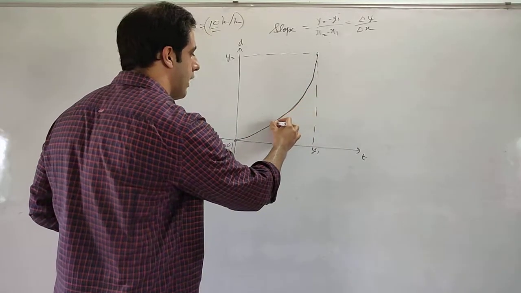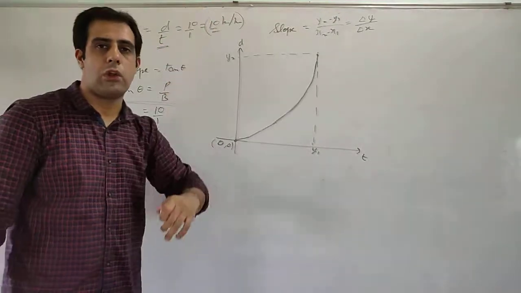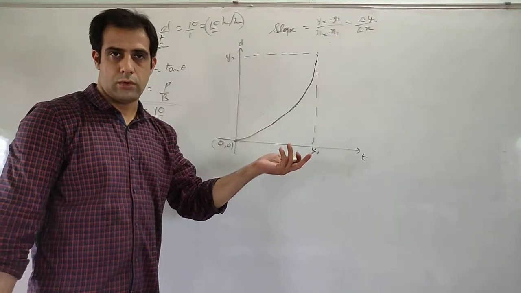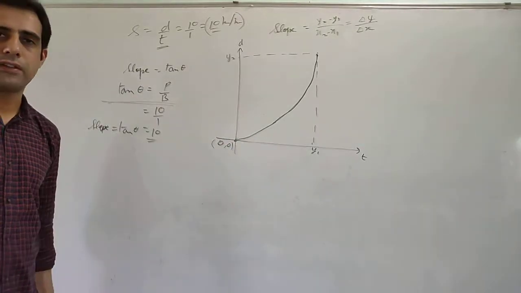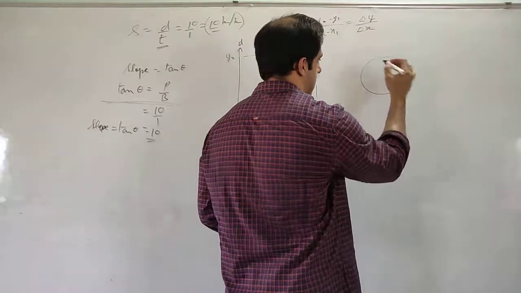Now if I try to use this formula, this will again give me a value of 10 km/h, but it is not telling anything about the motion. Okay, for identifying the motion we need to find the slope. Now how will we find the slope in this? Let us give another example.